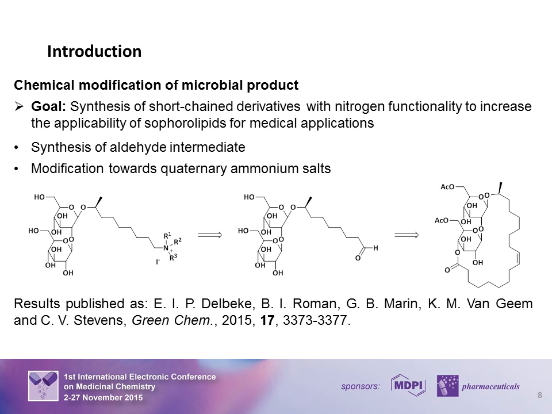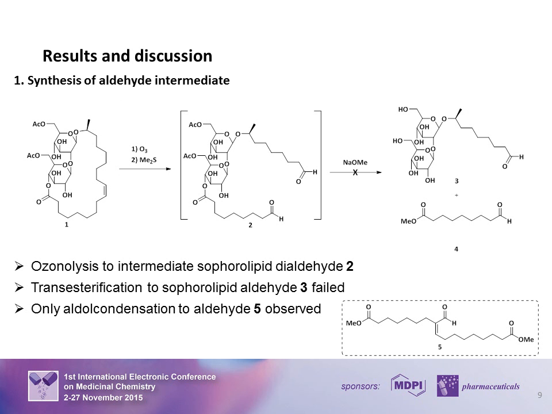This intermediate would then be transformed into quaternary ammonium salts. These derivatives contain a nitrogen atom, a characteristic which is not feasible through microbial production, and they have a positive charge. The first target in the synthetic pathway was the aldehyde intermediate. The most straightforward way would be to form this aldehyde through an ozonolysis reaction, followed by the cleavage of the